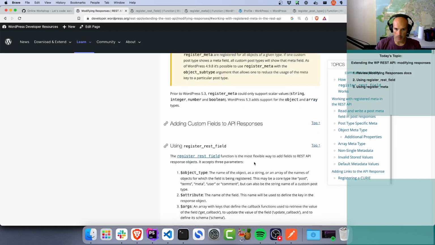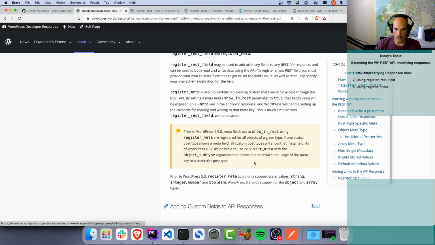Okay, so it doesn't talk about... the register REST field is when you want to specifically store, getting... so I wonder what could happen